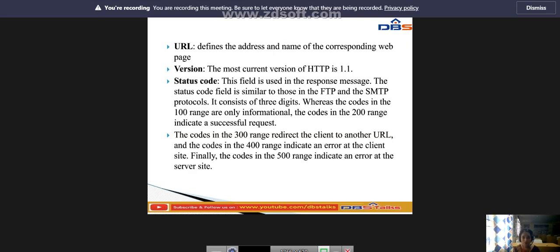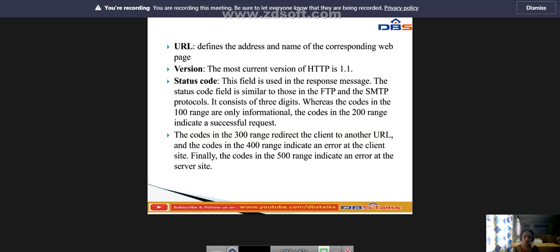Status code is the field used in the response message. The status code field is similar to those in the FTP and SMTP protocols. It consists of 3 digits. The codes in the 100 range are only informational.